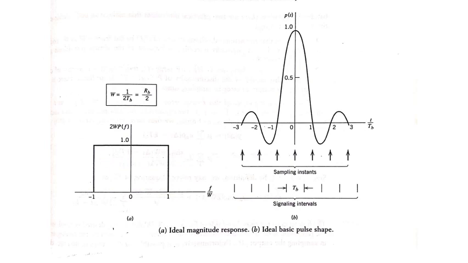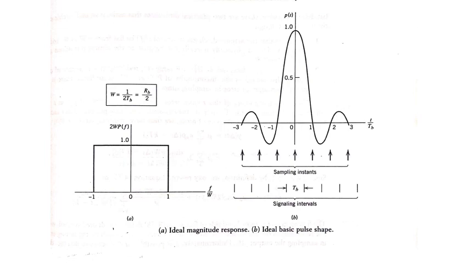Here the figures A and B show the plots of P(f) and p(t) respectively. In figure A, the normalized form of the frequency function P(f) is plotted for the positive as well as negative frequencies. And in figure B, the signaling intervals are included and the corresponding centered sampling instance also. So the function p(t) can be regarded as the impulse response of an ideal low pass filter with a passband magnitude response 1/(2W) and the bandwidth W.